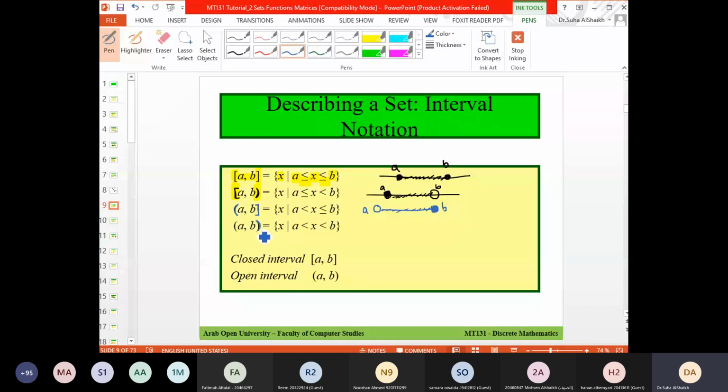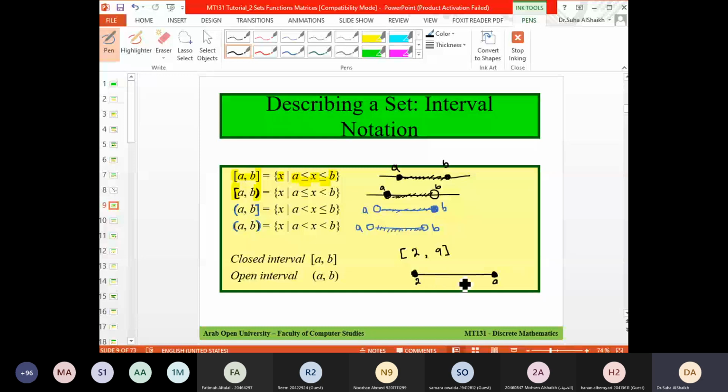طب لو كان open, it means ما في equal, no equal عند ال A, no equal عند ال B, and all the numbers between A and B are included. This is B, this is A, and all the numbers in between them. Okay? Now, for example, if I told you I have this closed interval from 2 to مثلا 9, what does it mean? I'm not talking about the 2 and 9 بس, I'm talking about all the real numbers من 2